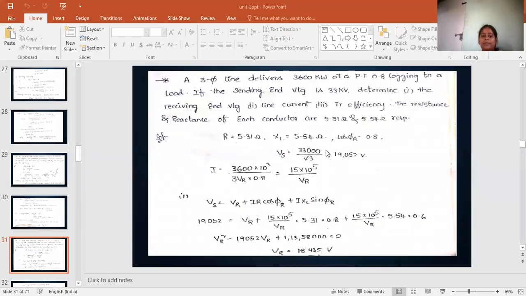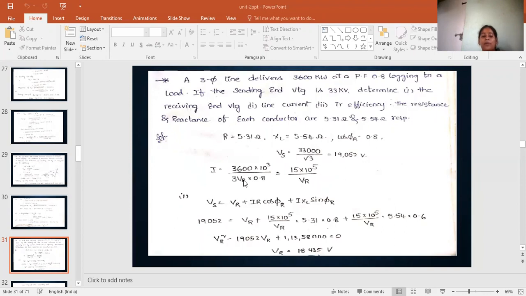Here Vs is also given, Vs equal to 33,000 by root 3, and per phase we can calculate that, which is nothing but 19,052 volts. For finding the line current value, I equal to P by 3 into VR cos phi R. For three phase, P equal to 3 into V I cos phi. So I equal to the PR value, 3600 kilowatts, which is 10 cube, by 3 into VR into